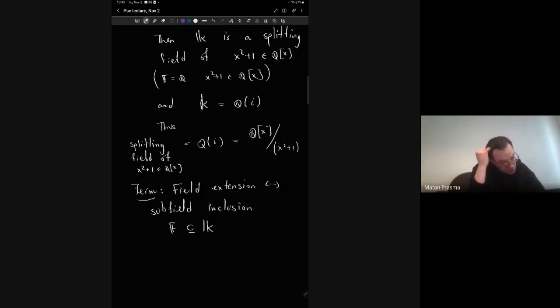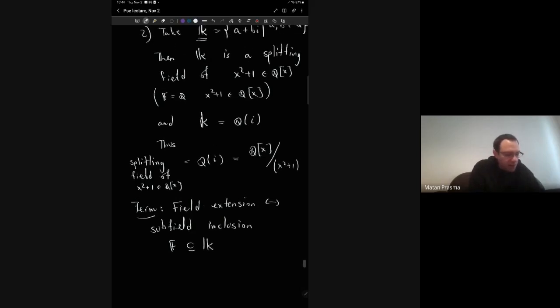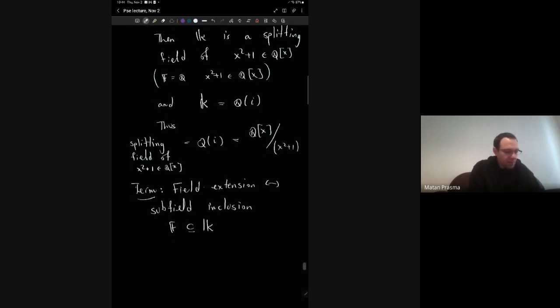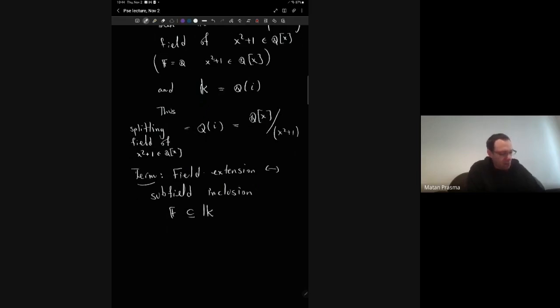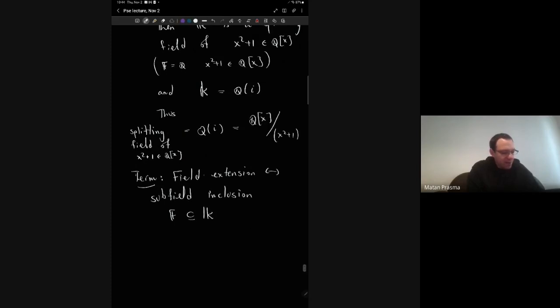So this is the kind of landscape we're dealing with. We have a particular kind of field extension that we call the splitting field. And the proposition we showed last time